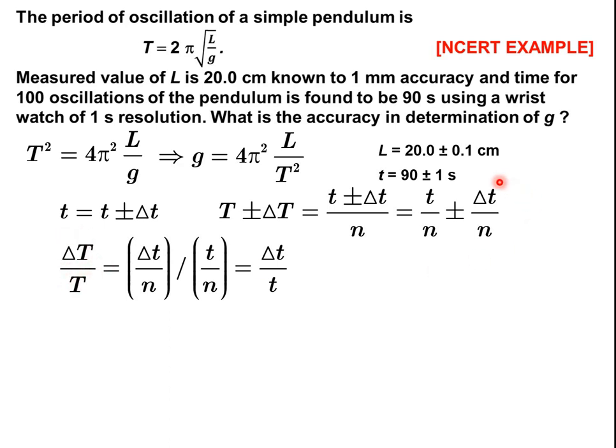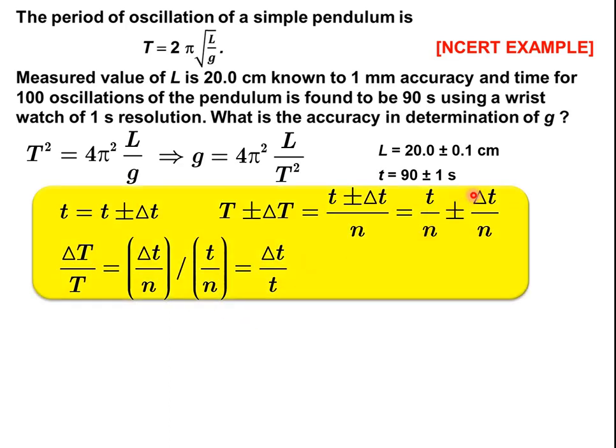Delta T is equal to delta small t by n. Check it. Delta T is equal to delta small t by n. So numerator delta t by n, this is called relative error in time period. Divide by T, T is equal to small t by n, check it. So n cancels. So fractional error in time period is same as fractional error in time of 100 oscillations. So these two are equal. You need not bother about n because n cancels out and doesn't exist in the picture.